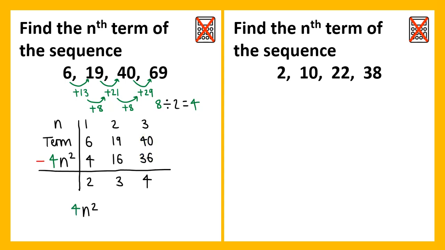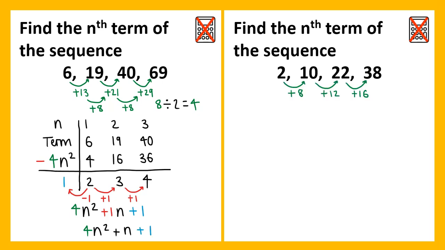I have 4 lots of n squared. The common difference of my linear sequence is adding 1, meaning I need to add 1 lot of n, and doing the inverse to find my 0 term by subtracting 1 gives me my constant, which is positive 1. Simplifying this, the quadratic nth term is 4n squared plus 1n, which can be written as